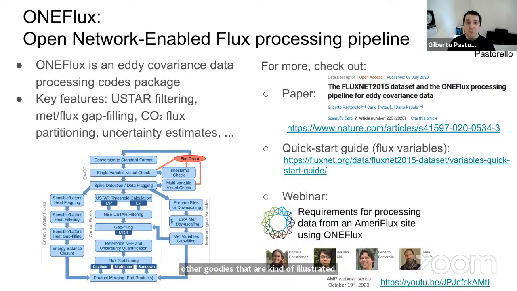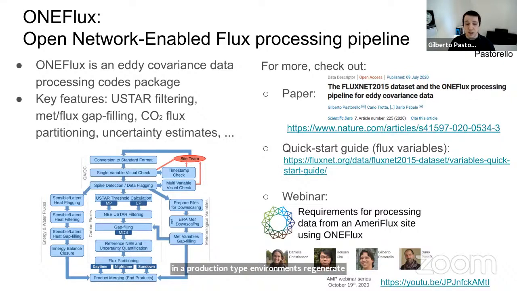We call this pipeline a collection of codes because each of the little boxes in this diagram is an individual step that someone developed, and that was adapted and improved to be used in a production type environment to generate these data sets.